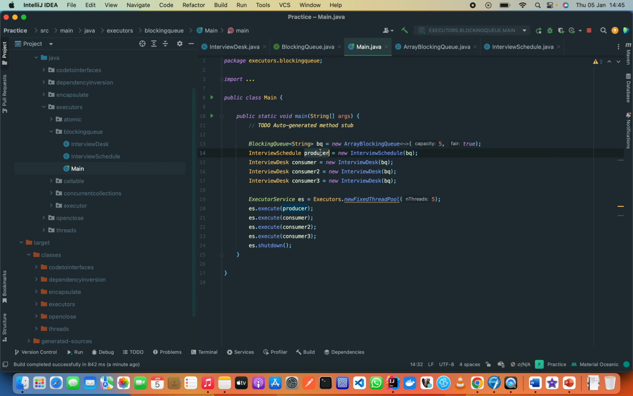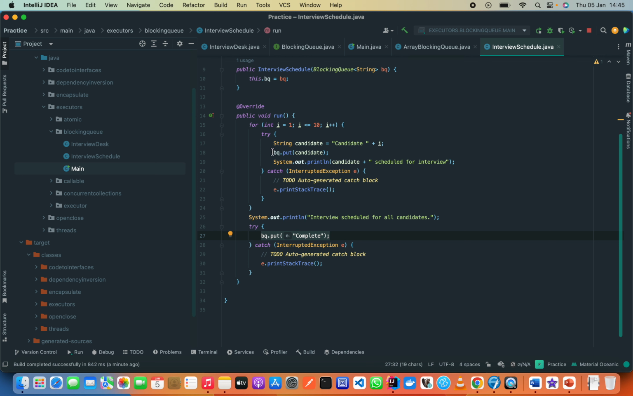So to the producer, which is the worker thread task that actually puts more work into the queue, as we can see here. We are just putting more work. You can think of this candidate as a task. You're putting more work into the queue. That's all you do. So you put like 10, and then you notify that all candidates have been scheduled, then you say complete. That means you have put everyone into the queue. Then what you do next is